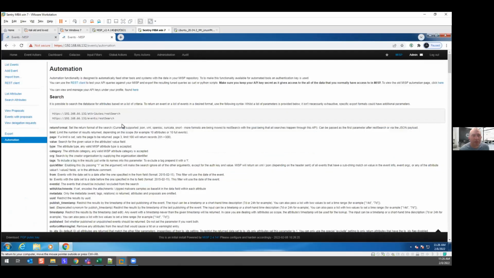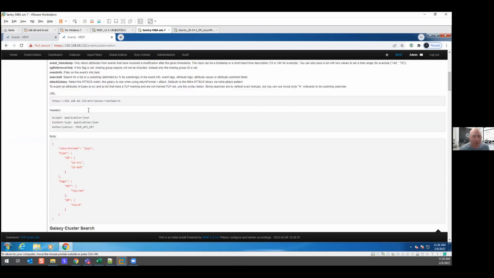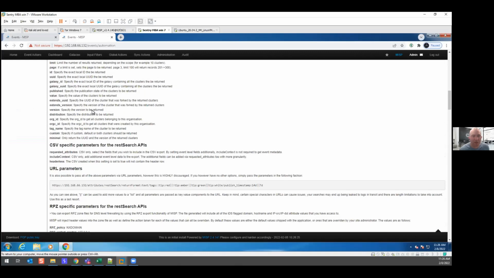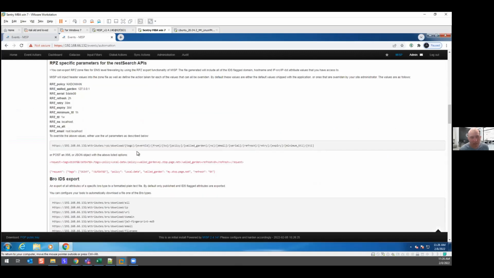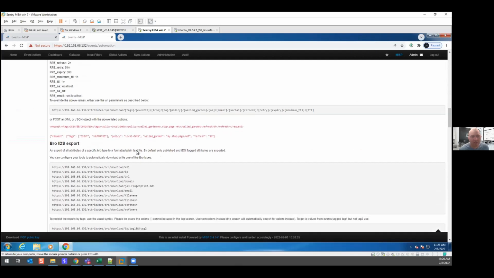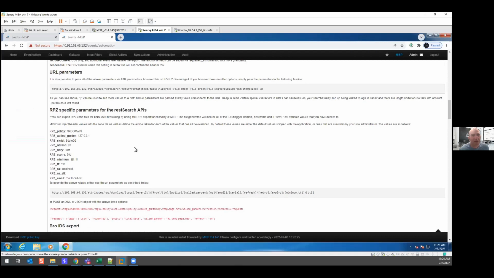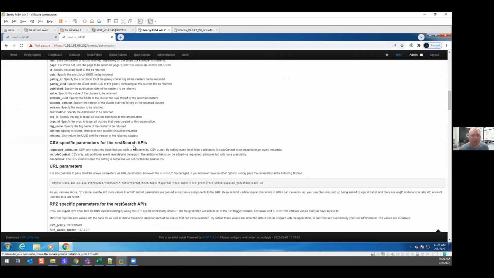So you can also do the automation part. You can get this via a specific API key that you create, and with a little bit of very simple coding, you can use the built-in API in order to integrate it into the different tools.